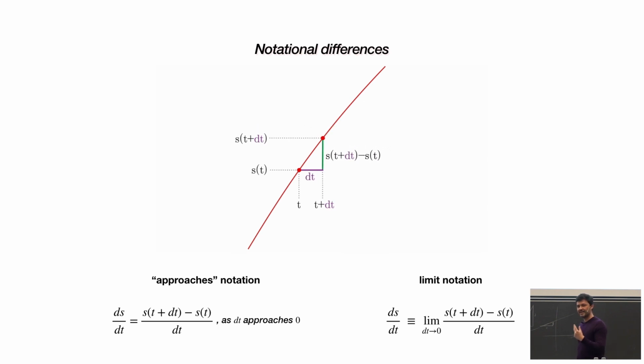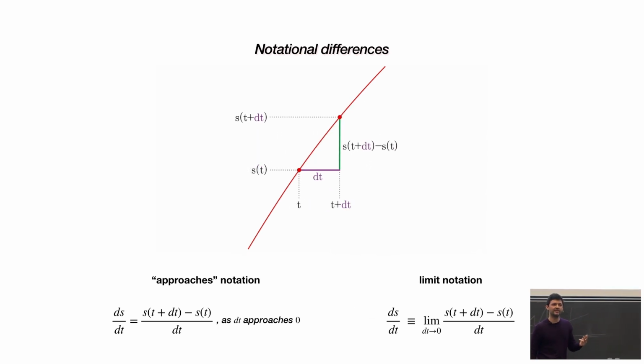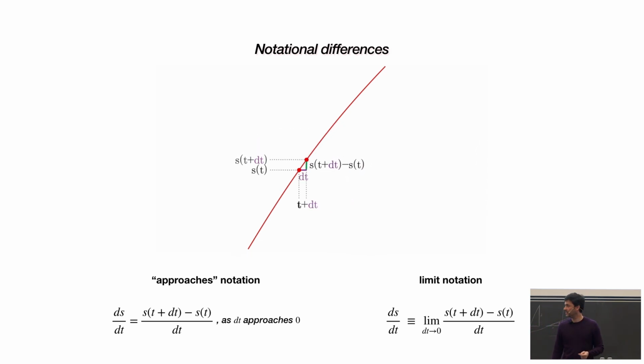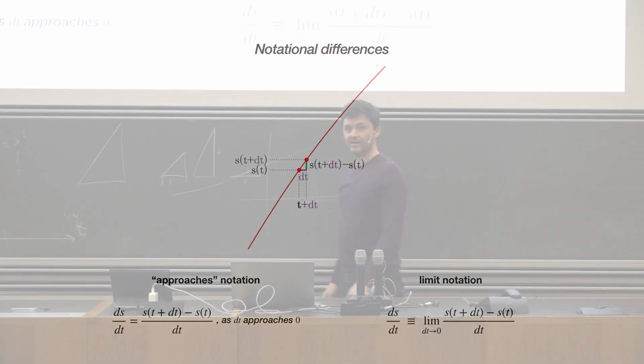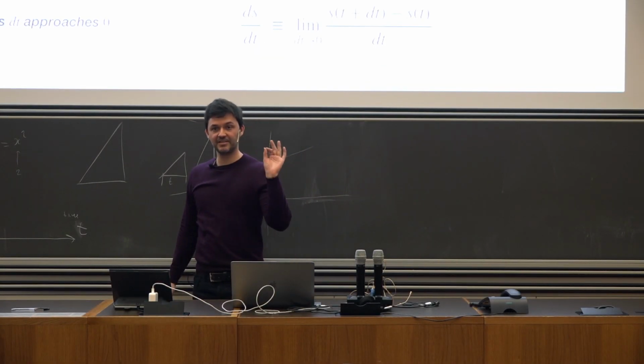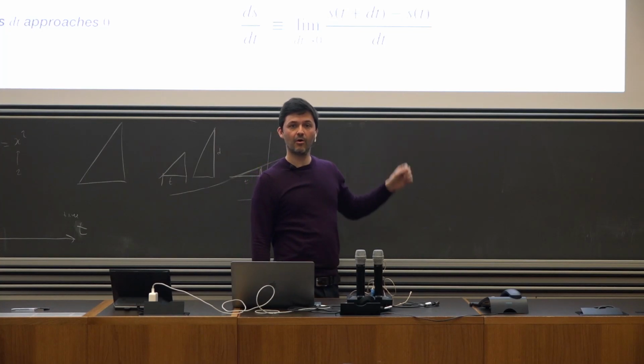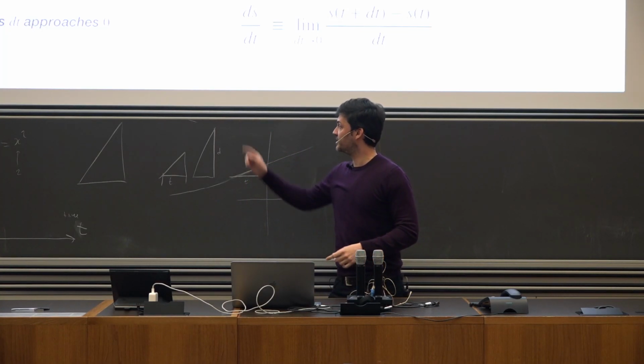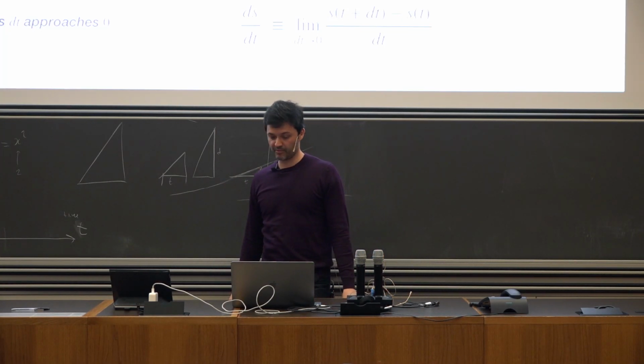And if you want to say precisely, because in mathematics you need to say what something is, if you need to say what derivative is, not what is approaching, then you use the second side. Then you can say the derivative is the limit of this expression as dt approaches 0. So derivative is the limit of this ratio, or derivative is what the ratio is approaching as dt approaches 0.